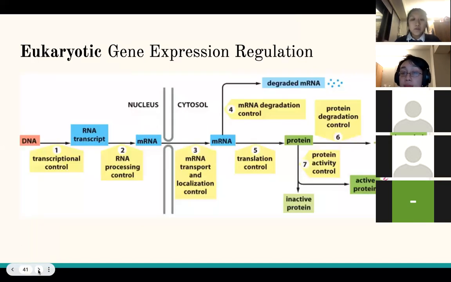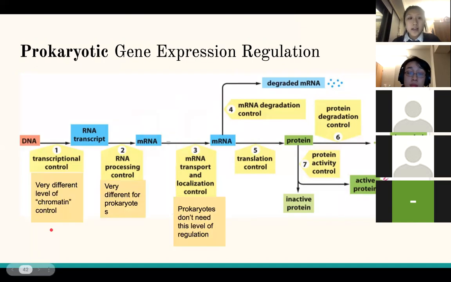And then these next two slides are just a visual interpretation. For me, this helped a lot to see the order of expression regulation that can occur. So you can look at this on your own time later on, try to get a better grasp of what's occurring when. And then the next slide just shows the differences. All the differences really are before the mRNA, in eukaryotes at least, is taken out of the nucleus, because that's the main difference between eukaryotes and prokaryotes.